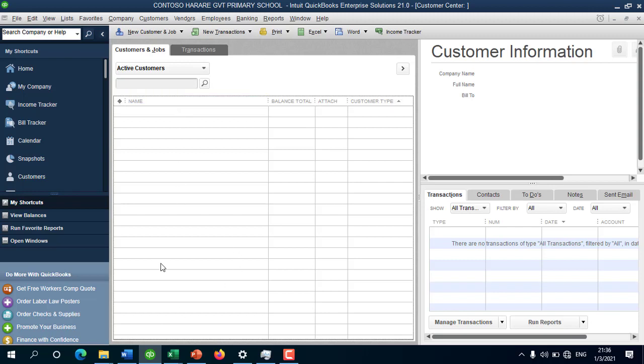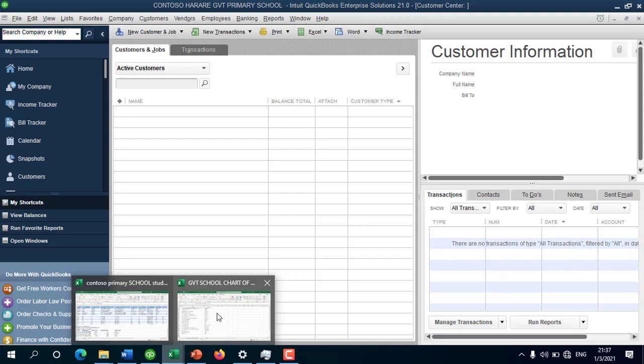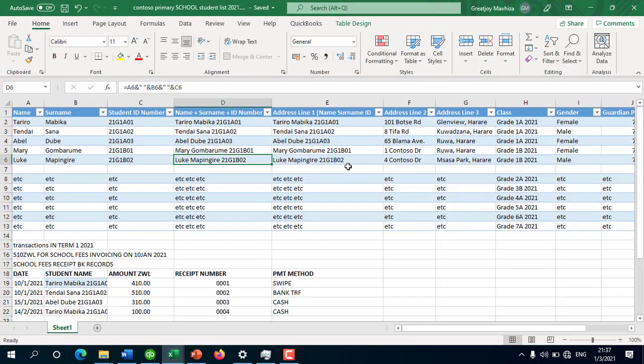Okay, but I do have them in an Excel spreadsheet like this one: name, surname, student number, etc. For these two columns I actually made a combination of the name, the surname, and the student ID with spaces in between. Okay, then also added the class,